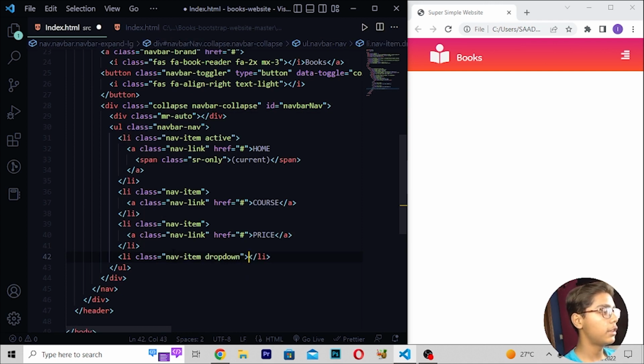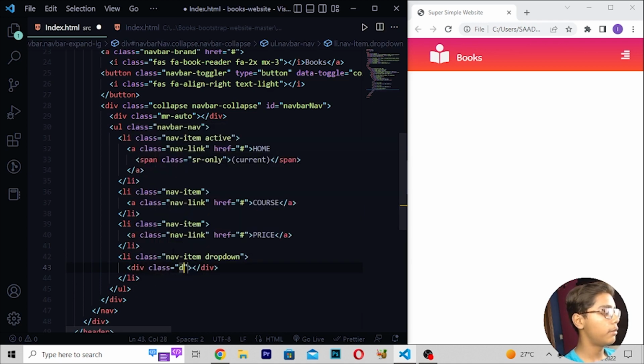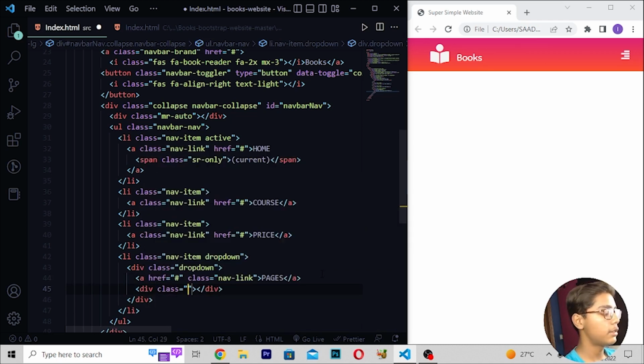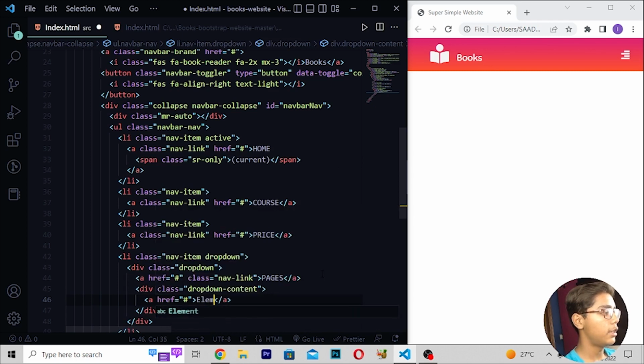Then when you've written this, here I'll be moving down, right here div class. Then here I'll be moving and writing here drop down a tag hashtag, right here nav link. Then right here pages. So here I will be now writing pages like this. Then when you've written this, here you have to just do one thing. I'll be moving down, right here div class, then I'll be writing here drop down content like this, then I'll be now writing here a tag, right here element, so here I'll be now writing generic,